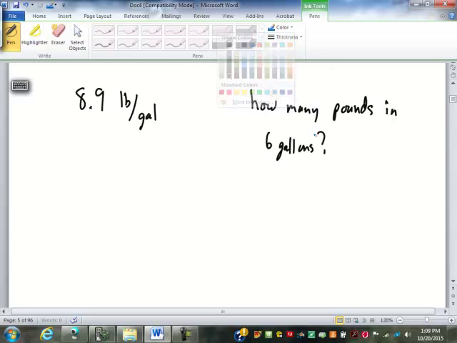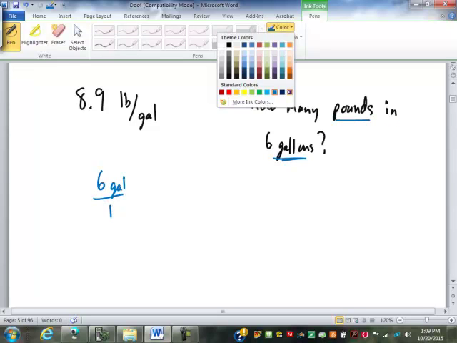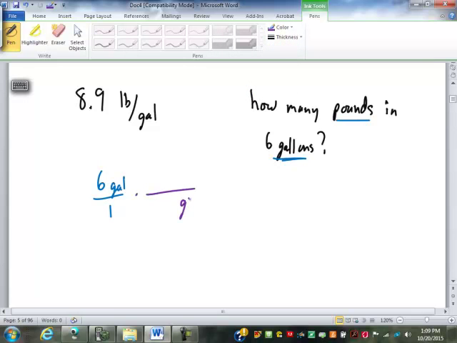So what we're doing is we're starting with gallons and we want to change it to pounds. So we start with our 6 gallons, put it over 1. We're getting rid of gallons. This, remember, said is 8.9 pounds equals 1 gallon. So 1 gallon, 8.9 pounds. Gallons cancel out. It's 6 times 8.9, or what, 53.4